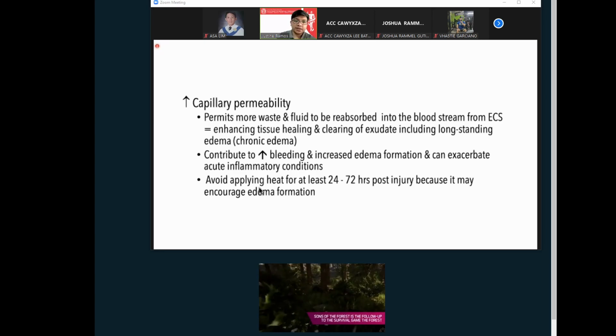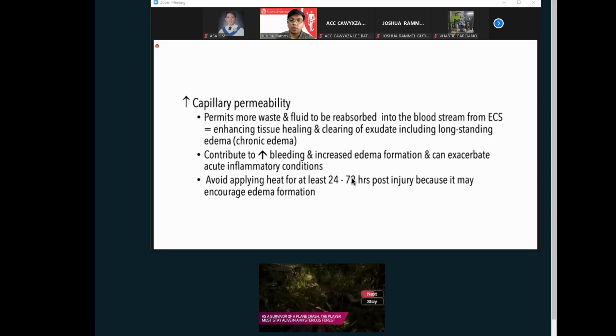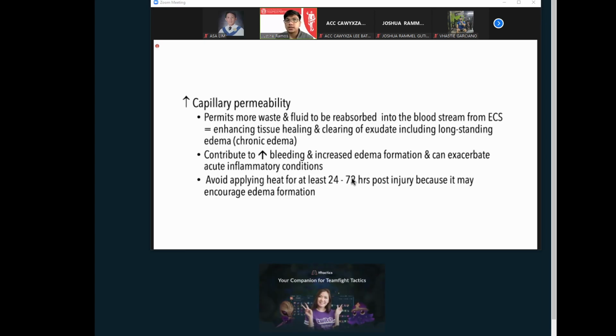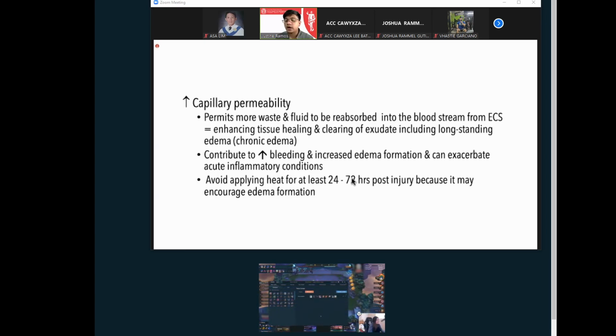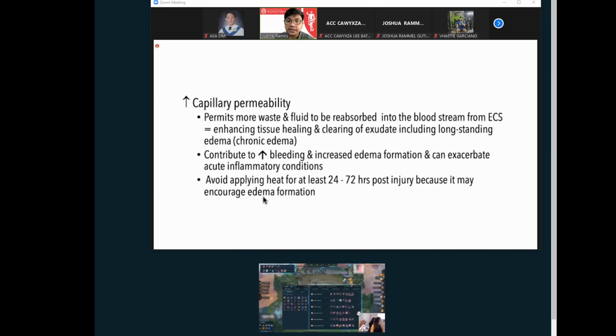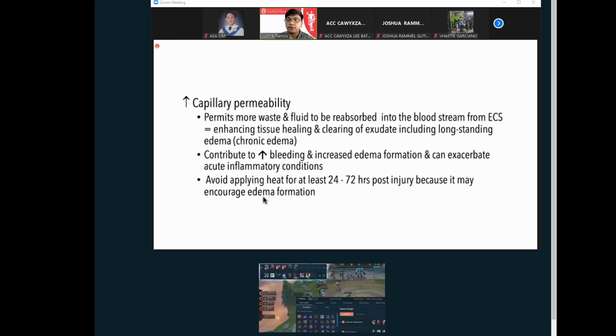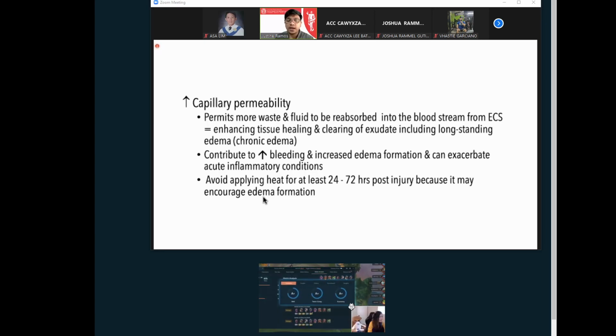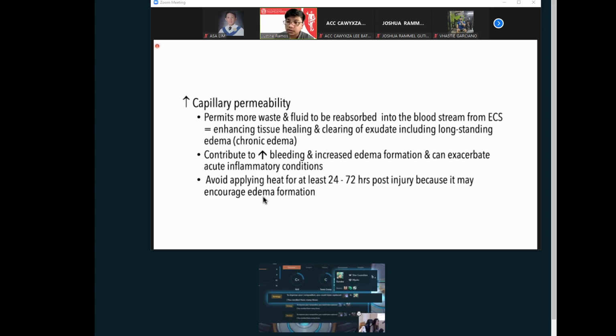So that's why it is best apply no at 72-hour post-injury. Kahit may swelling yan, okay, remember the swelling tends to occur within the 2 to 3 days after injury. Okay? But as long as the bleeding subsides and the edema formation reduces, pwede ka na magbigay ng heating modality. Kasi ang gusto mo is to further, okay, eliminate yung fluid within the area.